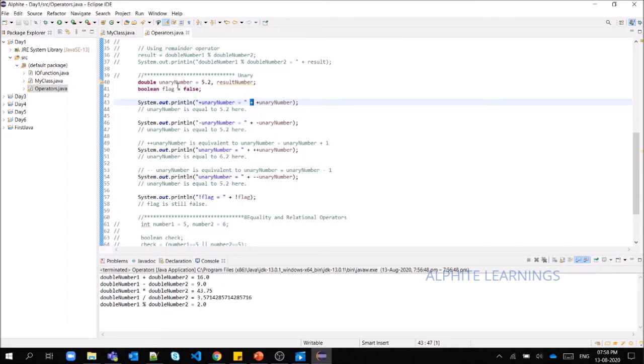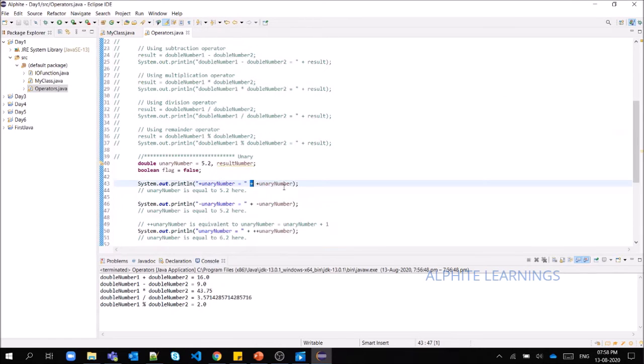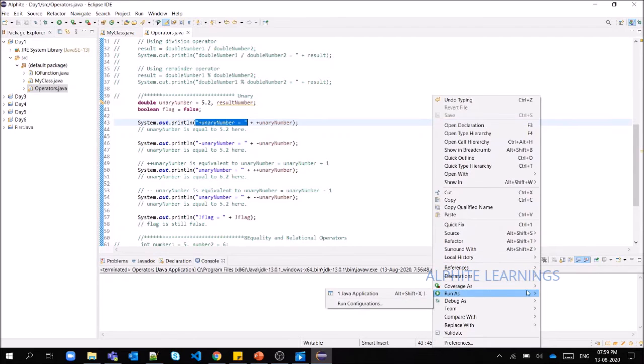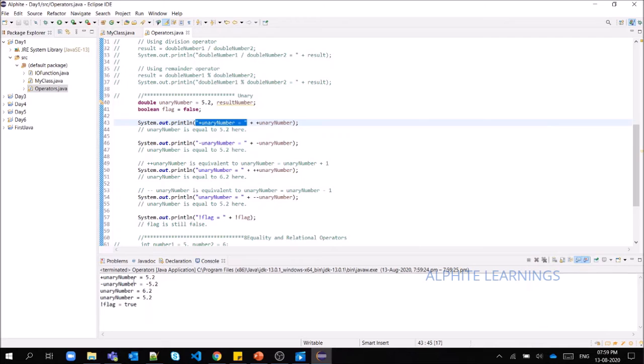If you are going to print any statement, whatever value you give inside the double quotes is going to be a string. Whatever you give inside this, you'll be getting it in the console.